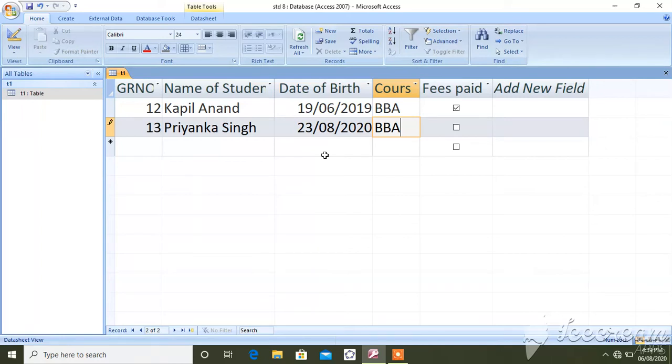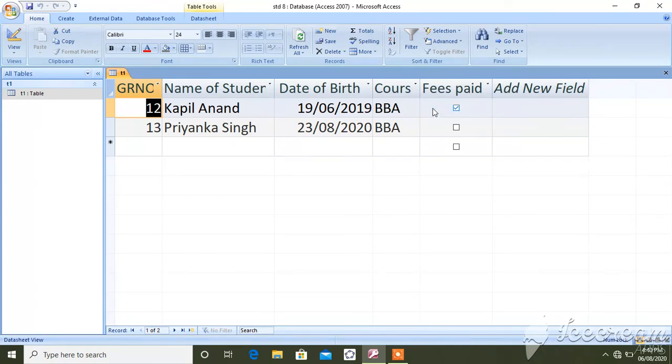Now let's see how to insert a new field and how to insert new data. Okay, now see, here are 1 2 3 4 5 fields are there, 5 columns are there. The first one is GR number, second one is name of student, third one is date of birth, fourth one is course, and last one is fees paid.